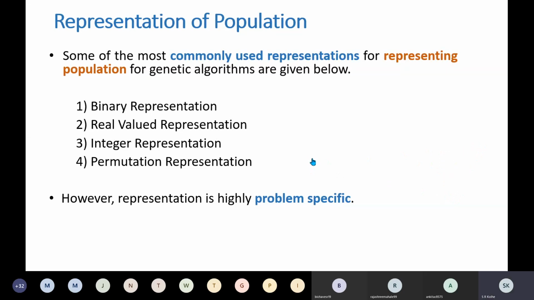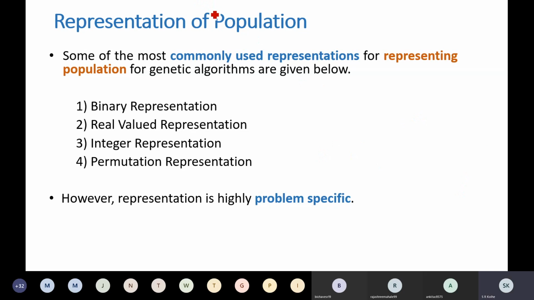Another characteristic of that solution is that cities should not be repeated. You should not repeat the cities. So order is important, the order in which you are visiting those cities. That's how you have defined solution in traveling salesman problem. Same technique will not work in some other problem.